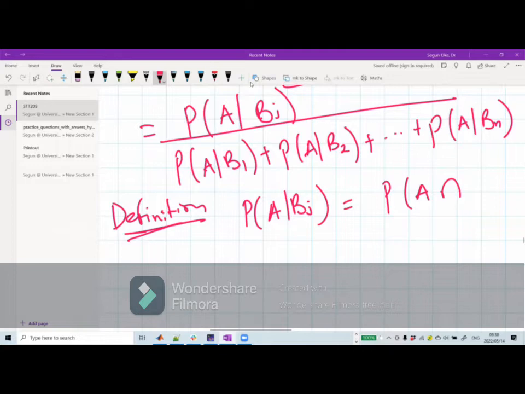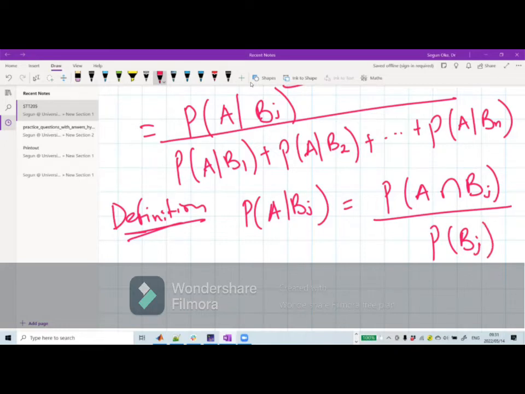Anybody? Intersection B. Intersection what? B. Say it. B, thank you. Intersection B. Remember B as a J, you put J there. Divided by probability of what? Anybody? Probability of B. Bj, thank you. B. So